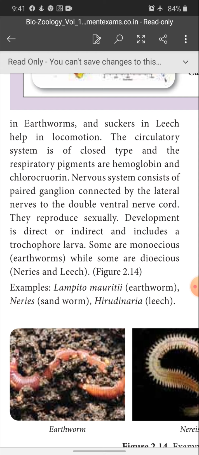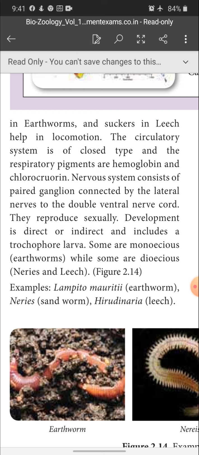Okay, so what is this called? Respiratory gases. Since it carries the respiratory gases, the pigment is called what? Respiratory pigment, right? Okay. Nervous system consists of paired ganglion connected by the lateral nerves to the double ventral nerve